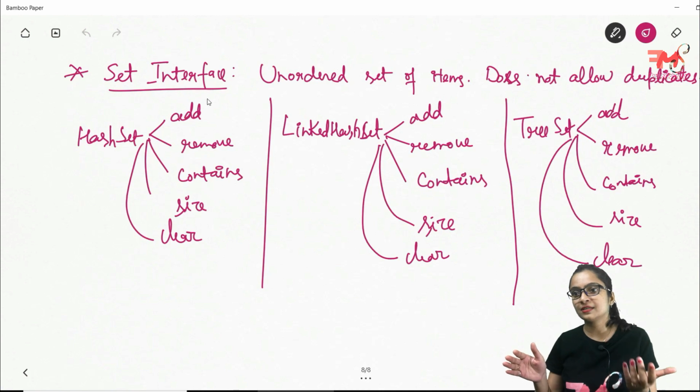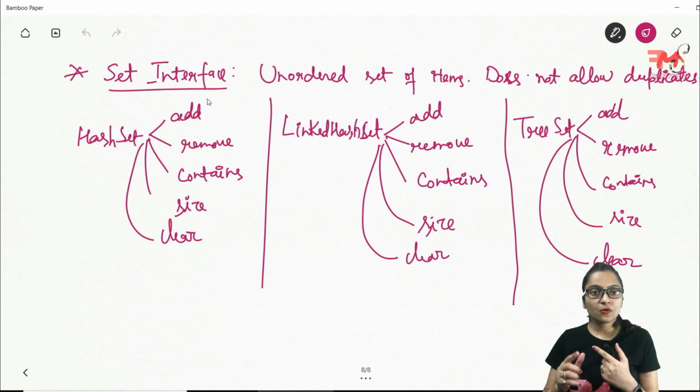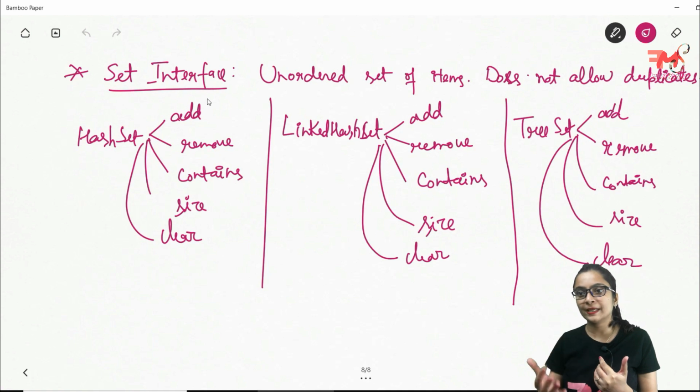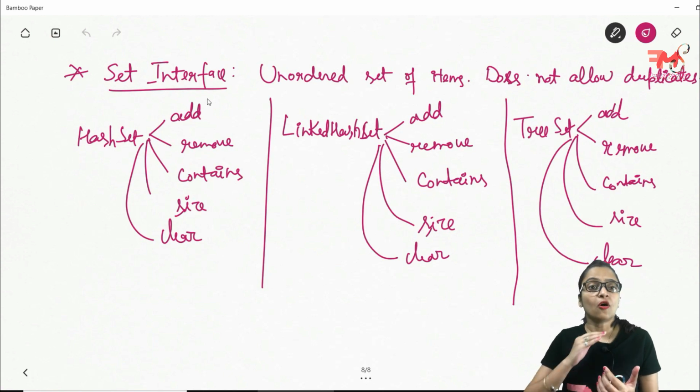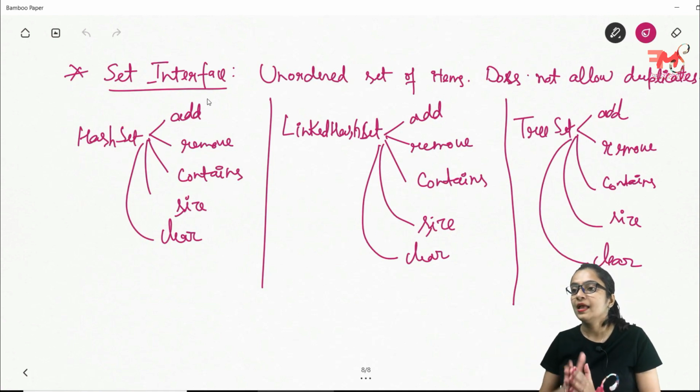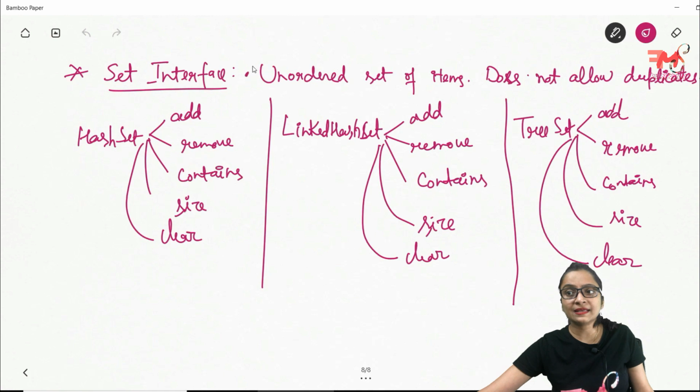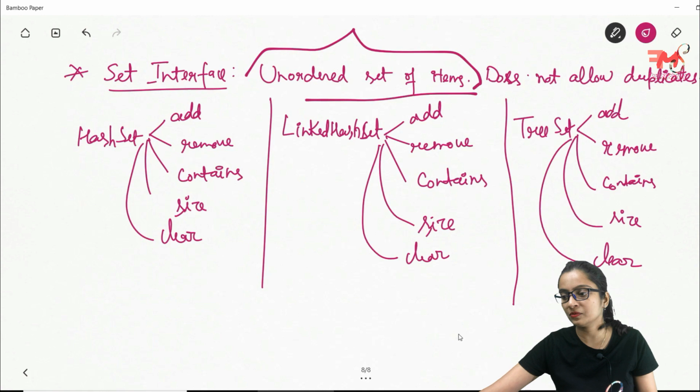While when we studied array list, or you can say list interface and queue interface, they allow duplicate items, but set interface does not allow duplicate items, just because it is storing the data in the hash table, and a hash table contains the hash of the items, and hash of the items means two hash values cannot be the same. Okay, that you have to remember. And one more thing, it is an unordered set of items. Unordered set of items we will see when we see the example of it.